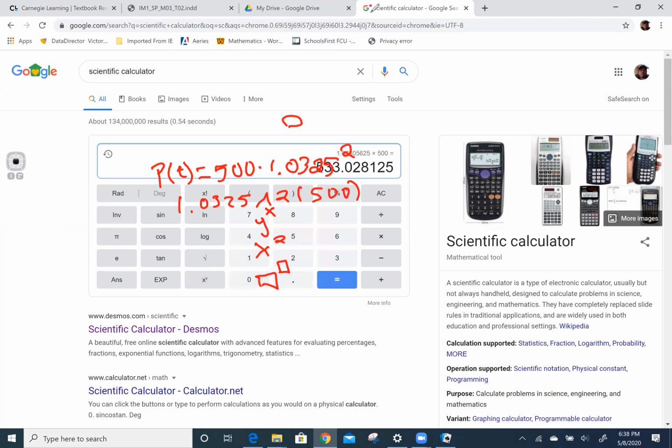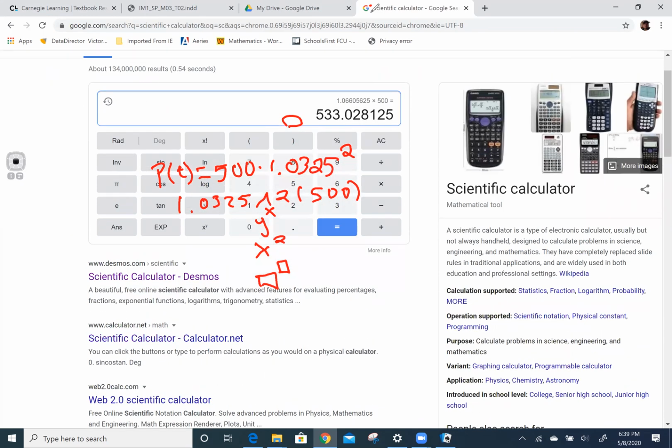And that's 533.028. Okay, very important that you learn how to round to the nearest hundredth. Okay, so the nearest hundredth is how much money the bank will give you. Okay, so they will give you $533 and 3 cents,